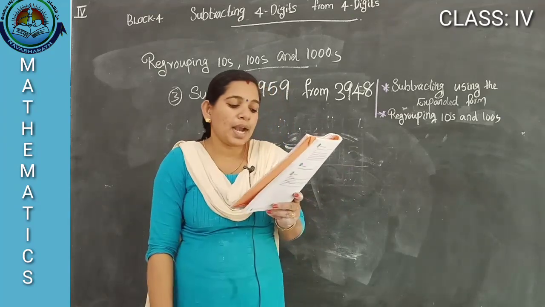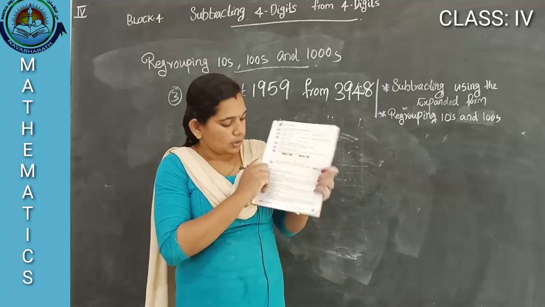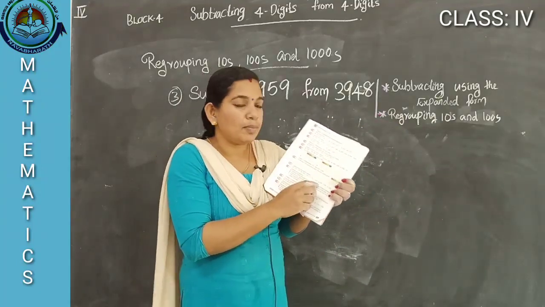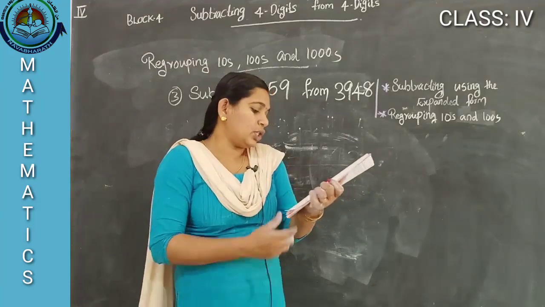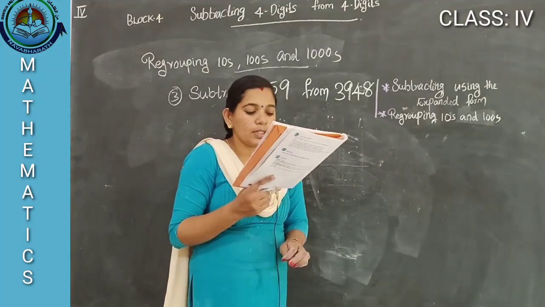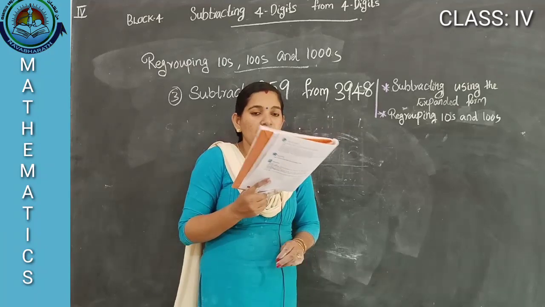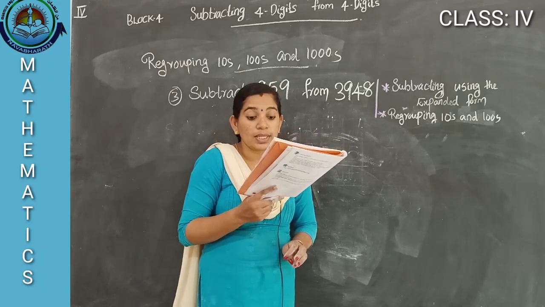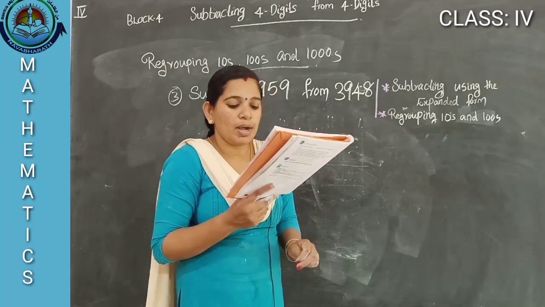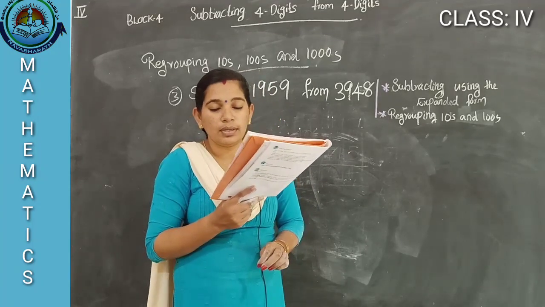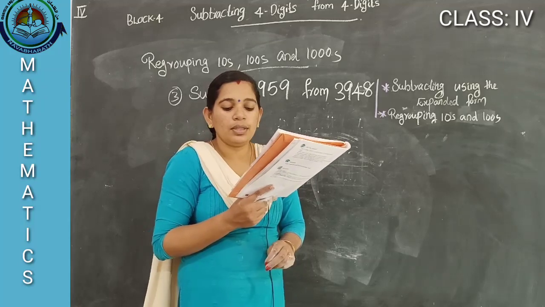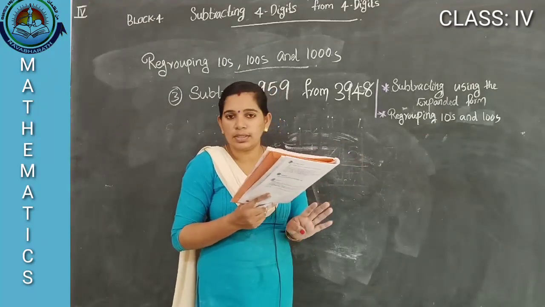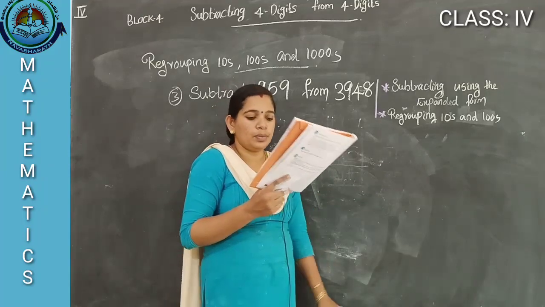Second, subtract using the column method. We are doing the column method. Same way you subtract the problems. Second, story problem. First question. Farah had rupees 5,000. She gave rupees 2,675 to Rima. How much money is left with Farah? So this is a story problem. You should write the steps. Each step you write down.